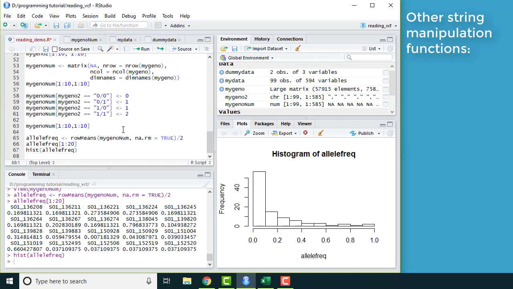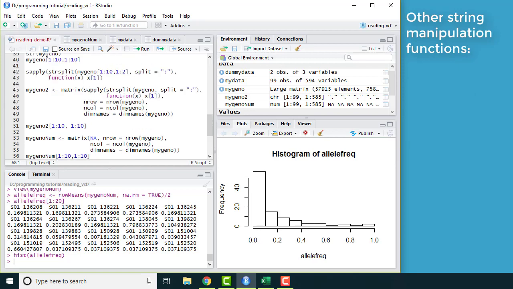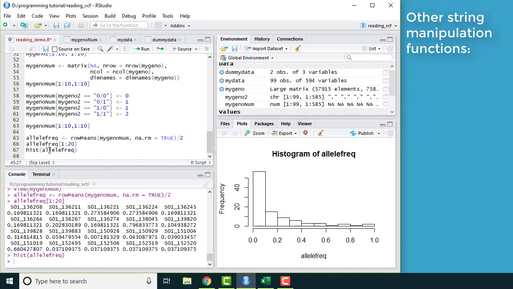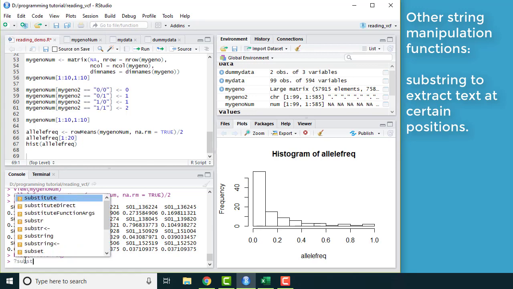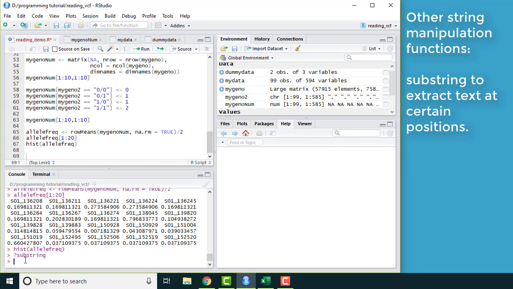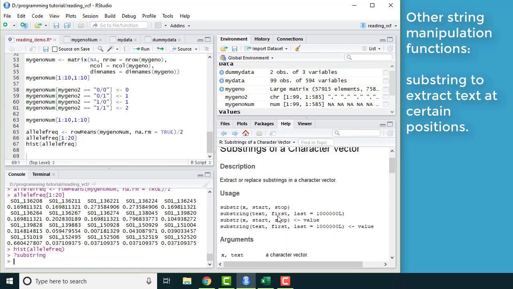Okay, so I did that initial text processing using strsplit and then using sapply to just take the first value out of the split. If you want to do some other types of text processing, there are other functions you can use. One is substring. This is if you know the starting and stopping position of the text that you want. Say, for example,